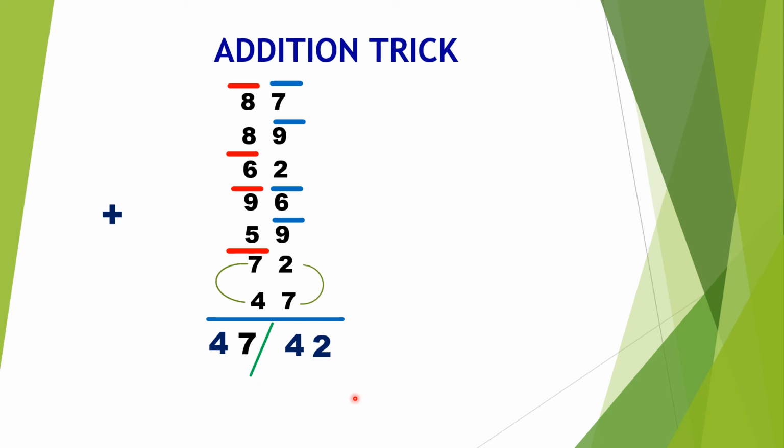Now we will be using the balancing rule. 2 as it is we will write it over here. Now this 4 plus 7. How much is it? 11. But we can't write 2 digits over here, only 1 digit. So we will take the tens place as carryover. So 4 plus 1 is 5. So the sum of all these numbers is 512. Here we can write it as a bar. If you want, you can put a small dot also. It's up to your convenience how you want to use it.